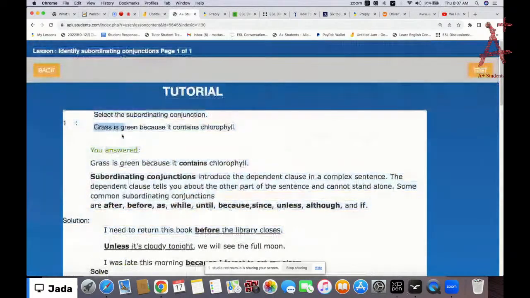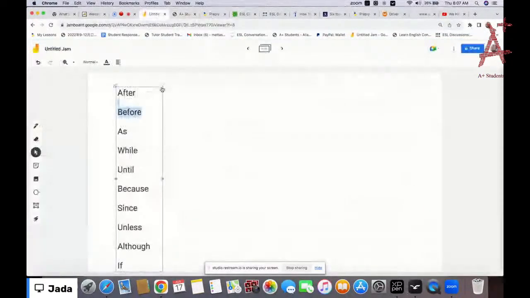We have some examples, but first of all, we need to make sentences with the subordinating conjunctions. So first of all, we will just make some sentences. If you have any suggestions for any of the subordinating conjunctions, you can write them in the chat. We can make the class interactive. If you want to participate, just write them in the chat. I'm going to write a few examples for you as well, and then you can take a picture after that. So for after,